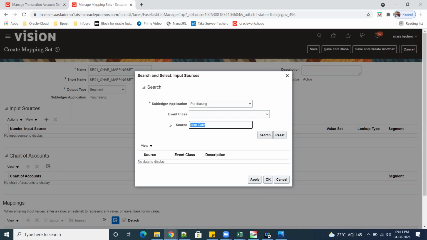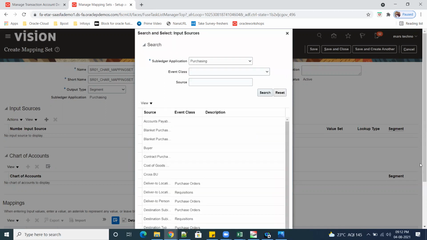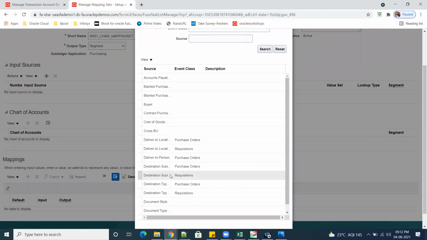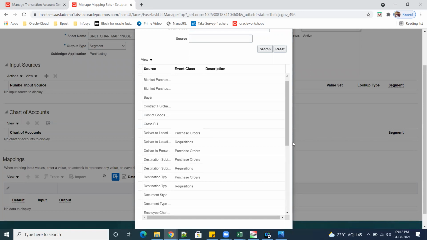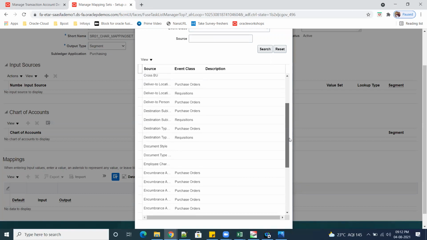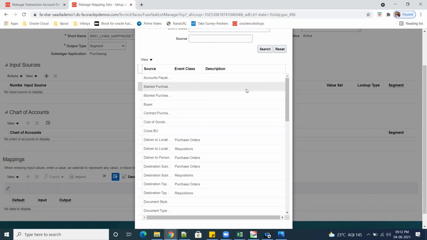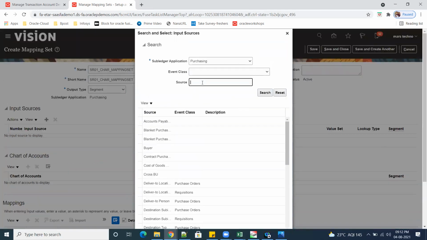If you click on search, plenty of things are there: cross BU, destination type, so many things. We'll get mad by seeing it, but we are only going to understand a few things. So I'm taking segment, and I'm giving category here.